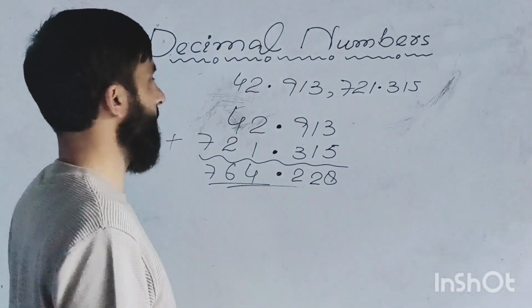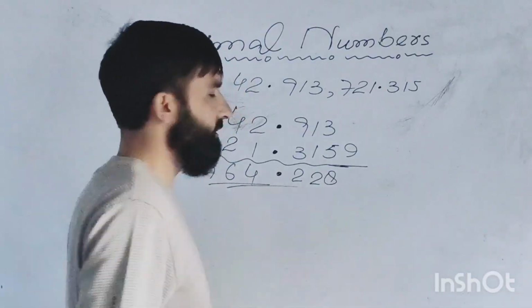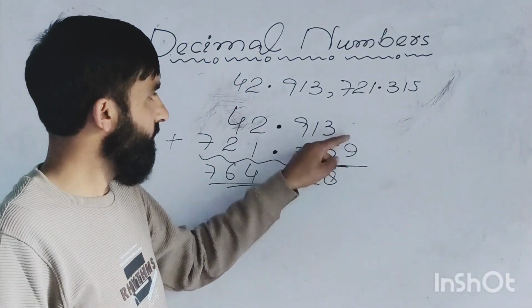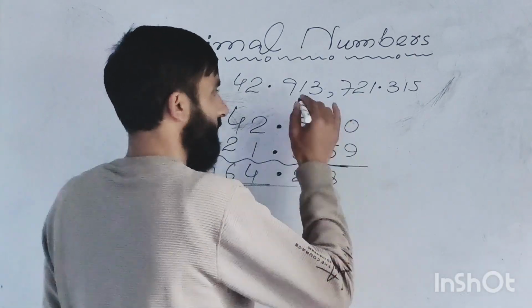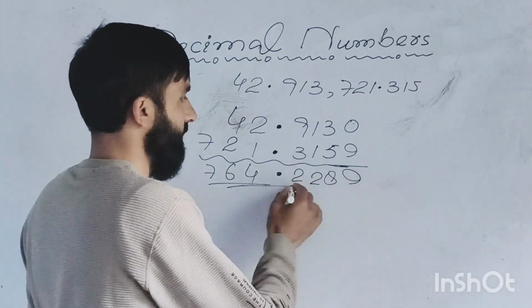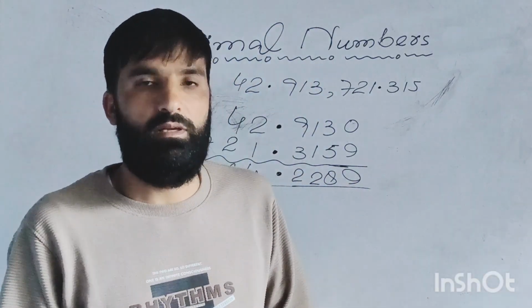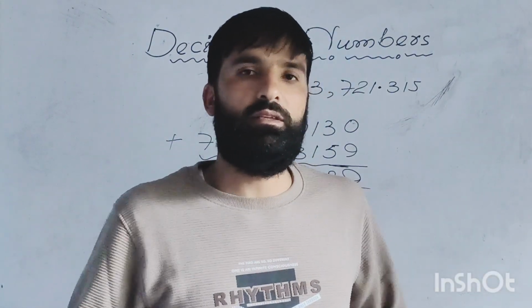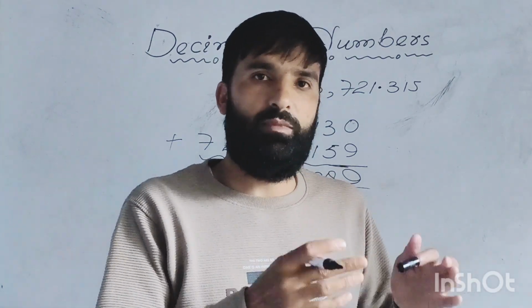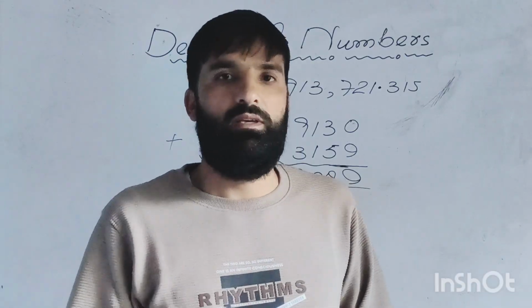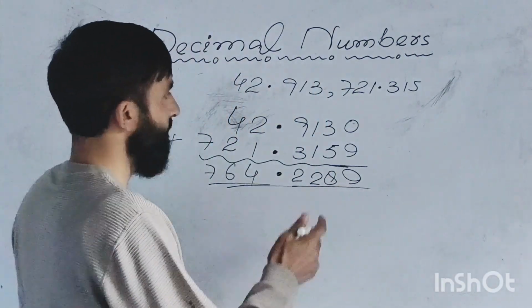And if some places are vacant, for example, here is one more place where digit 9 is there, and in this fourth place of the first number there is nothing, so you can put 0. You can put 0 here and you will get 9 again. So simple. Remember, if the places are vacant, you can write 0, no change will come. Remember, by putting or writing these zeros on vacant places, the value of your decimal number does not change. As you understand, this means